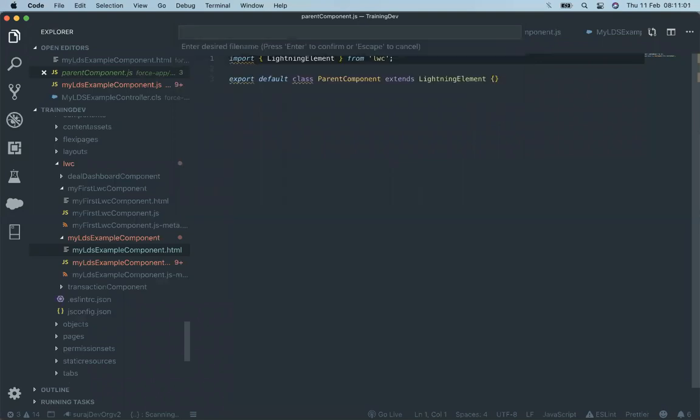Is it related to data binding? Passing values from parent to child, child to parent. Yeah, it's also related to data binding. Now, data binding is a different thing, but it's a kind of.